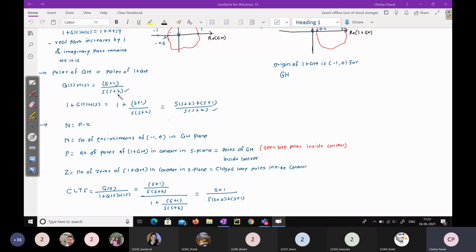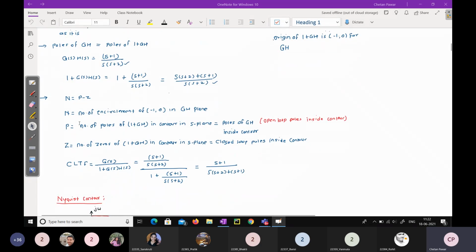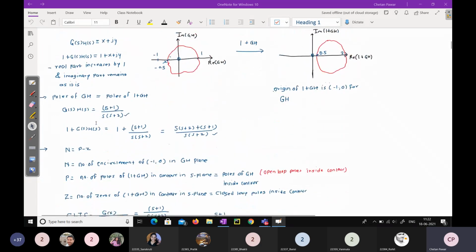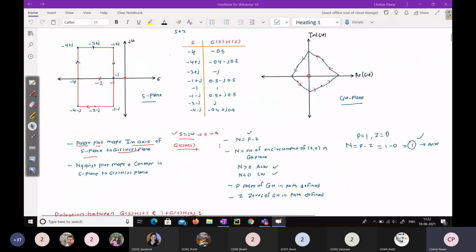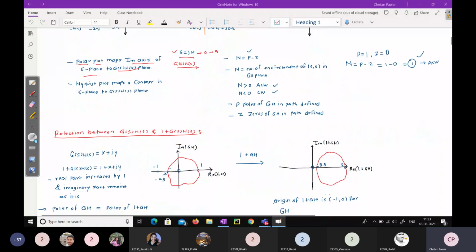If you see the Nyquist criterion for this particular mapping, for this 1 plus GH function, it will be N equal to P minus Z. For the open loop transfer function, what we have seen is N equal to P minus Z, but we have seen the encirclement about the origin in the GH plane. Now for 1 plus GH, if you want to determine the stability using the open loop transfer function,